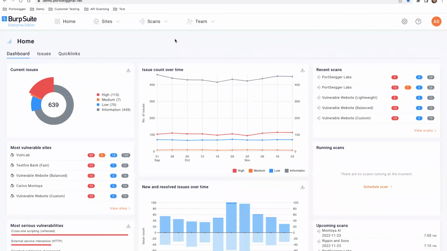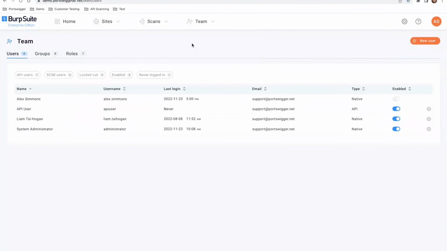As you mentioned, web-based products, so we're going to access via the browser over our specified URL and port. Job number one is probably to set up our team. So Enterprise does support role-based access control. So you can create a number of users based on your requirements and split out those permissions as you see